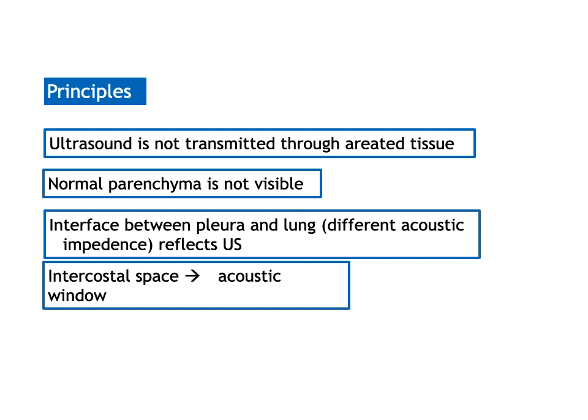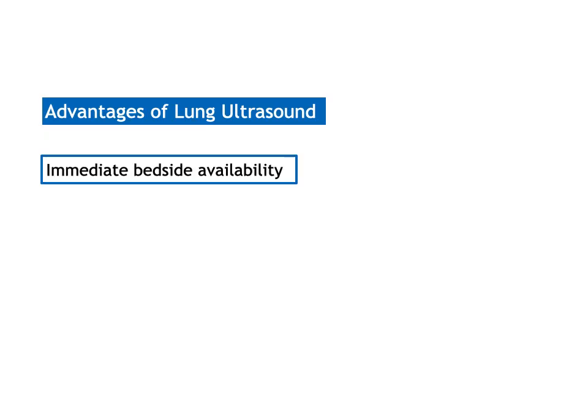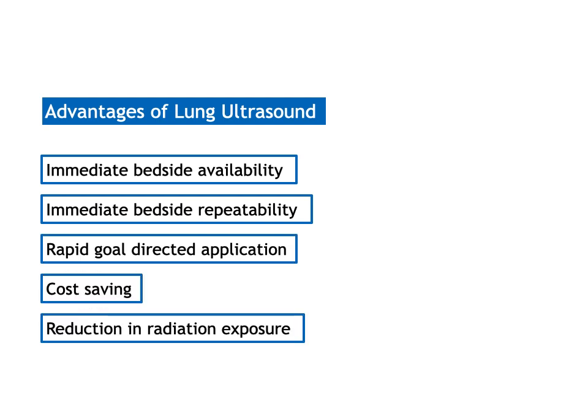Ultrasound is not transmitted through aerated tissue. Normal parenchyma is not visible. The interface between the pleura and the lung is the interface which reflects the ultrasound beam, and our acoustic window is the intercostal space. And coming to the advantages of lung ultrasound, we know that ultrasound is immediately available at the